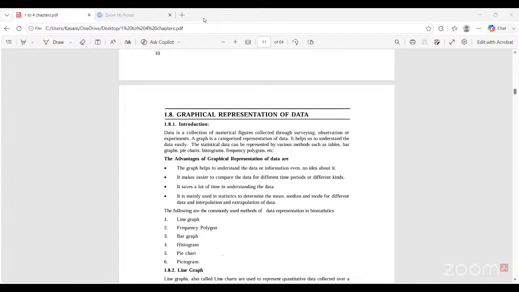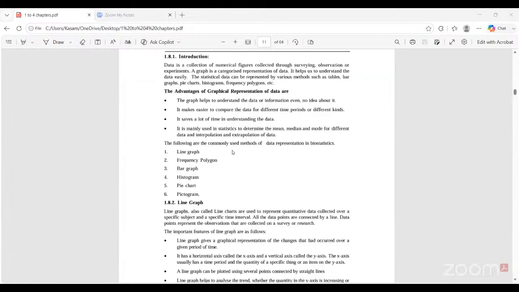It is mainly used in statistics to determine the mean, median, mode, and for interpretation and explanation of the data. The types are line graph, frequency polygon, bar graph, histogram, pie chart, and pictogram. These six I will tell you. What is a line graph? A line graph, also called a line chart, is used to represent quantitative